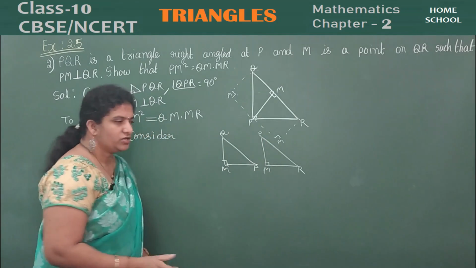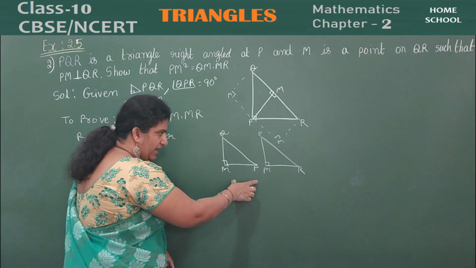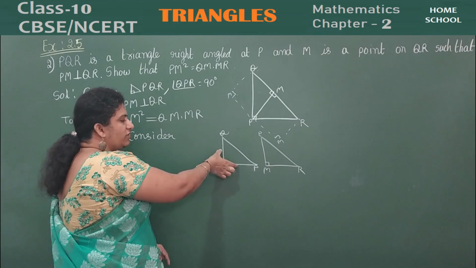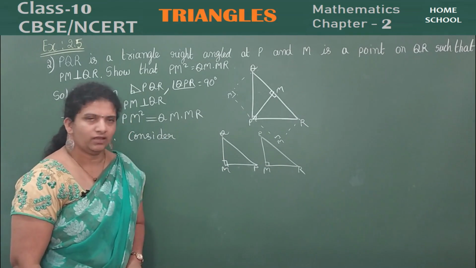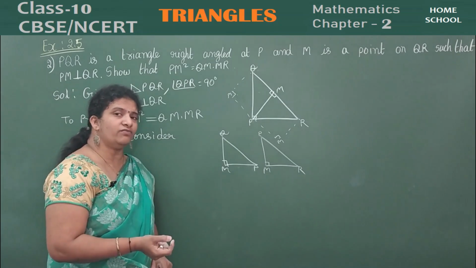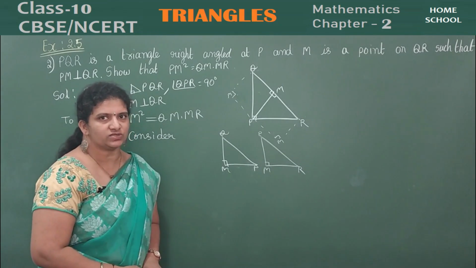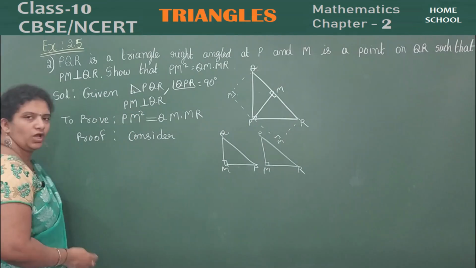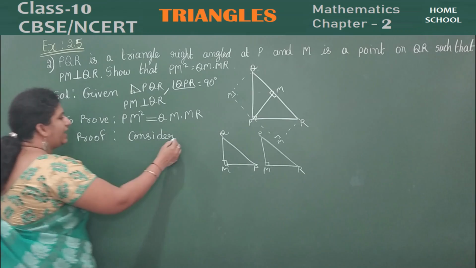MP same there. So here MP is at the base and here MP is at the perpendicular. So which two sides you take? You take these two sides. If you want, you can write three ratios, and while you are writing the final answer, take only two ratios. Then cross multiply, you are going to get the answer. Okay, shall we start the proof here?